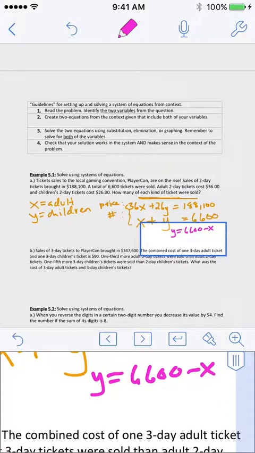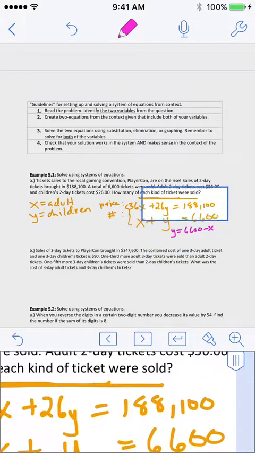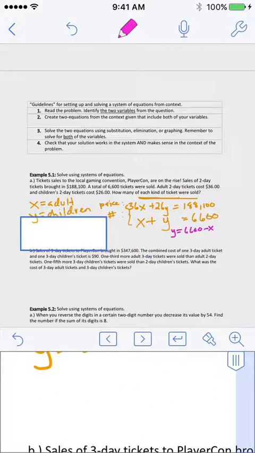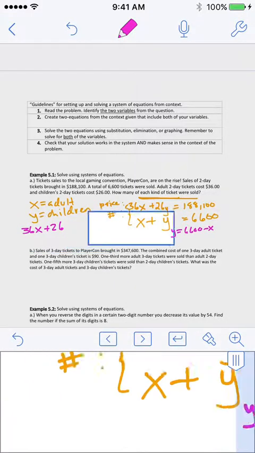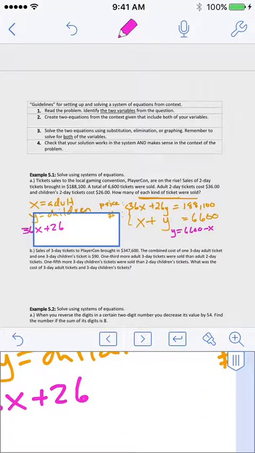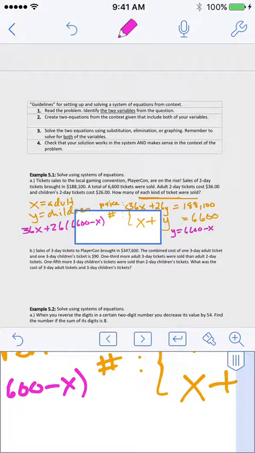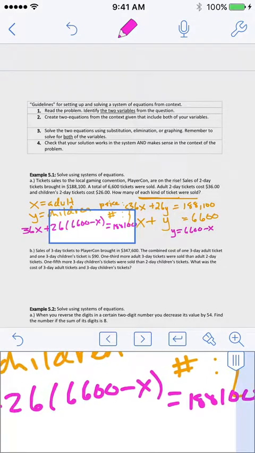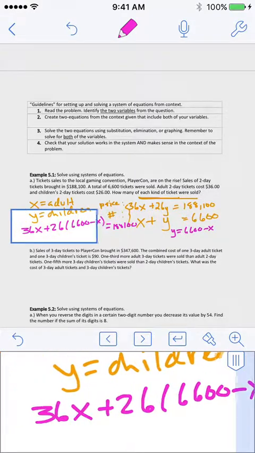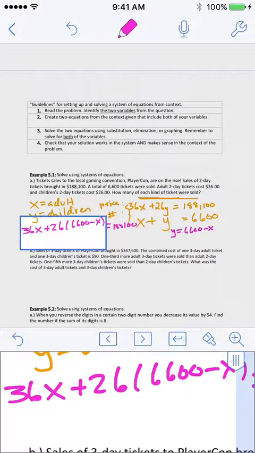I take this pink equation, it's rewritten, and I'm going to plug it back into here. I'm so running out of room, sorry about that. But I'm going to plug it back in. So I have 36X plus 26. Now instead of Y, I'm going to write what Y equals: 6,600 minus X. And that's still going to be equal to 188,100. Yikes, that is a horribly written equation. I do apologize. Solve this out, we end up with 36x, 36x minus